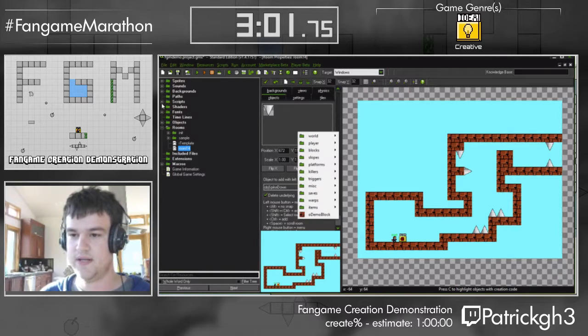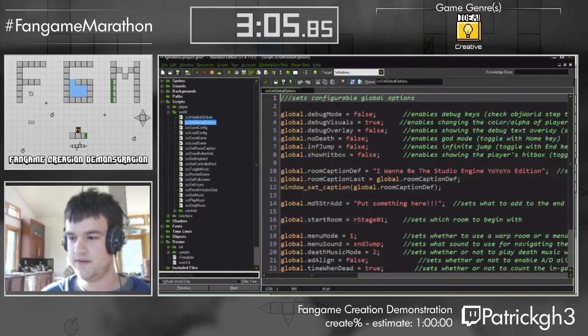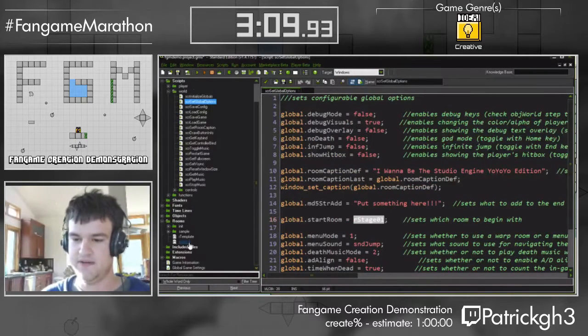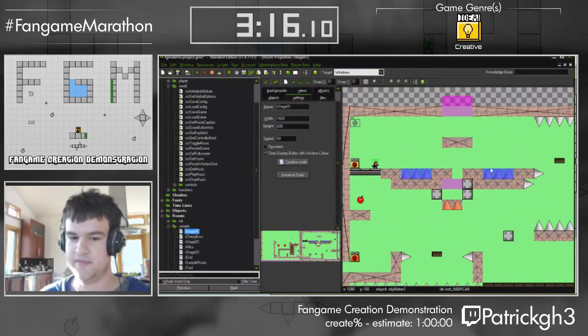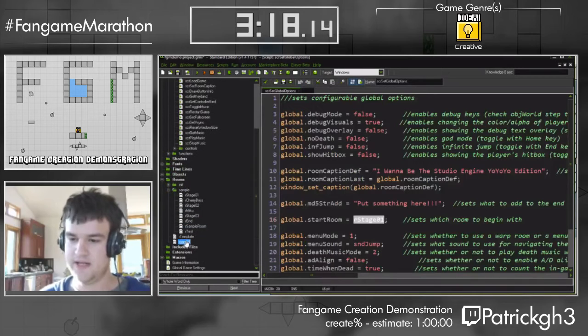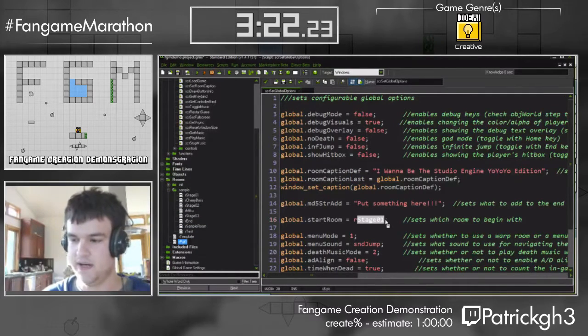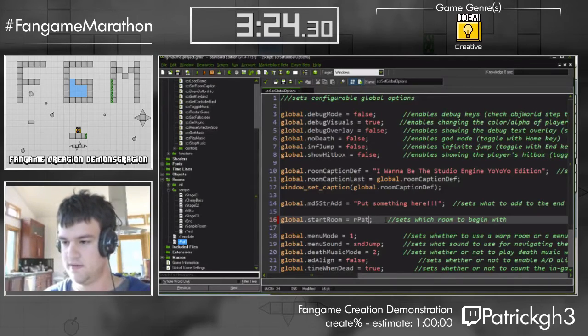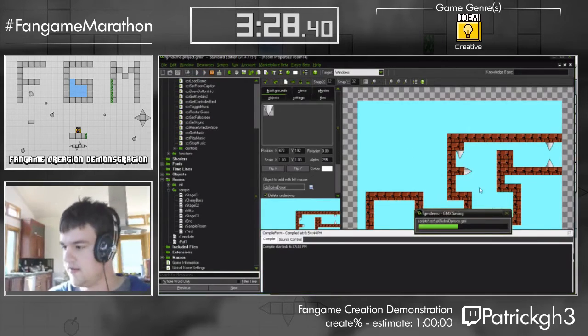So, let me go into this here. No, don't panic when I open this. So I know where this is. This line of code right here changes what the starting room is, and instead of the template room, which is this one, like we saw before. Remember this looked familiar? We're gonna make our pat1, is what I'm gonna call it, and then I'm gonna type in our pat1, and it turned red, so that means it worked. And we're gonna hit the green button up here, and